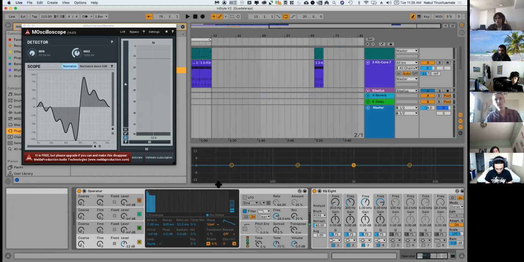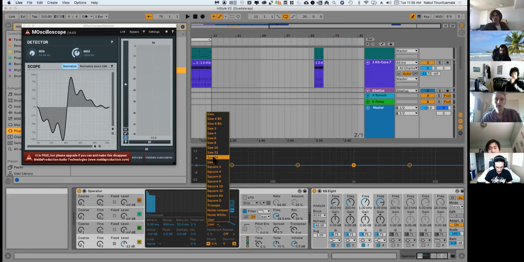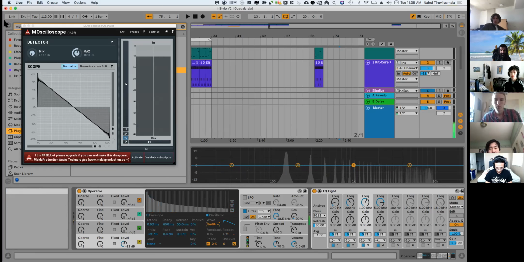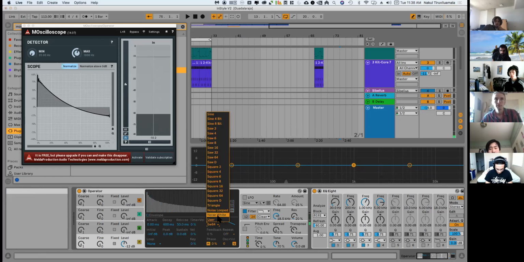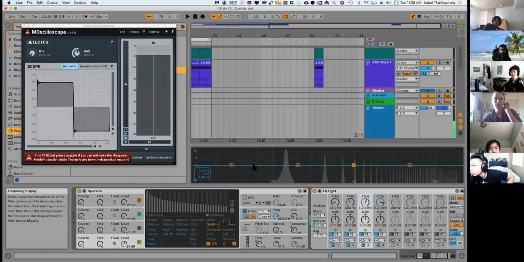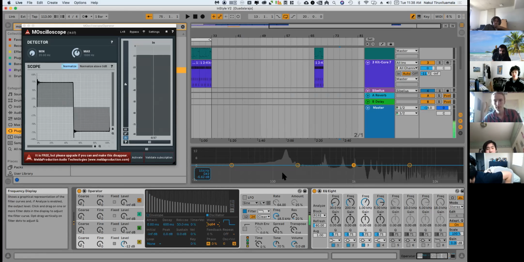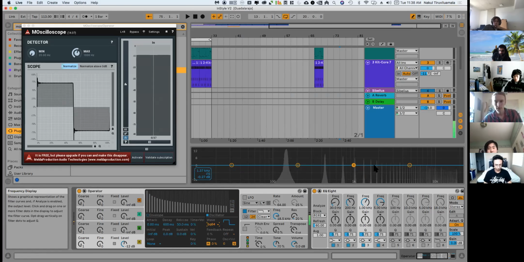Amazing, right? So the different tools of analysis are useful in different ways. So this is an oscilloscope. Remember, it's just looking at the air pressure over time, so you get a shape of the waveform. So it's useful if you want to look at a saw wave and say, this looks like a saw wave, or this looks like a square wave. But you don't have an idea that there's actually 32 pitches here. But you can count 1, 2, 3, 4, 5, 6, 7, 8, 9, 10, 11, etc., all the way to